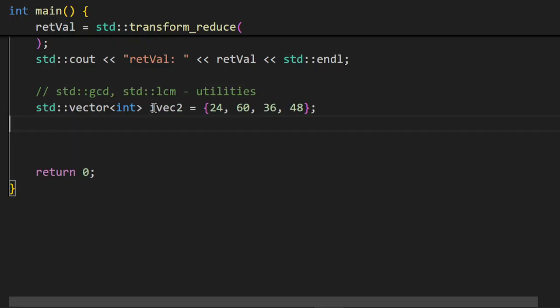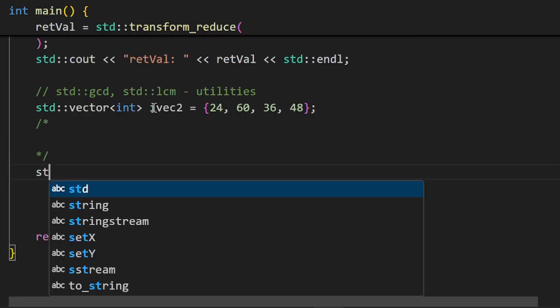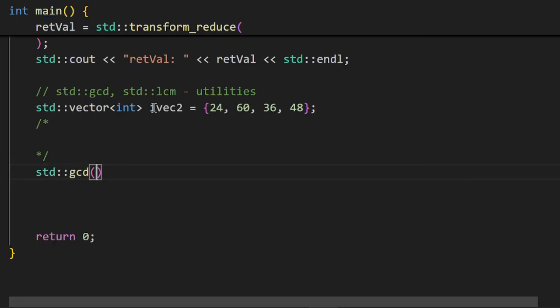So this is the greatest common divisor. For example, in the first case, if we consider only 24, its greatest divisor is itself, 24, because you can divide it by 24, right? So first initially you can consider this 24 as a divisor when you are dealing with the first element, and then when you move on to the second element, then you have to find the divisor between this 24 and the next. Then GCD will actually determine that value. For example, if you use std::gcd between, let's say, 24 and 60, and then